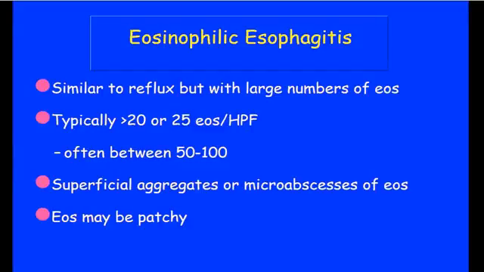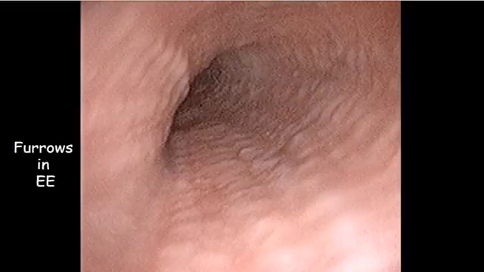And here's an example of the furrows that one can see in the esophagus. These linear rows kind of look like a cornfield that was just plowed. And here's an example of the rings in the esophagus. And so oftentimes the endoscopist will have a pretty good idea, and oftentimes this will trigger biopsies of the upper or mid esophagus in one container and the lower esophagus in another container to try to help us differentiate that